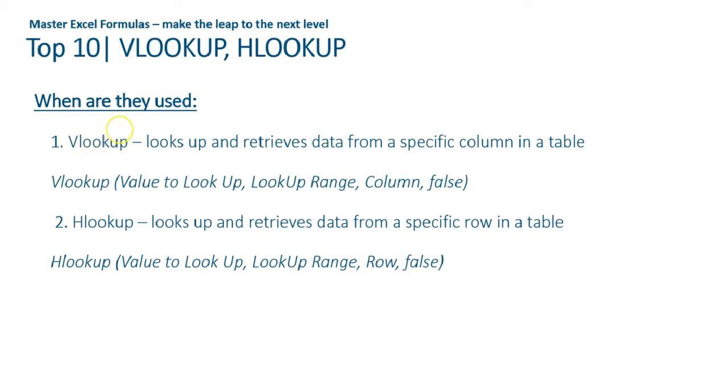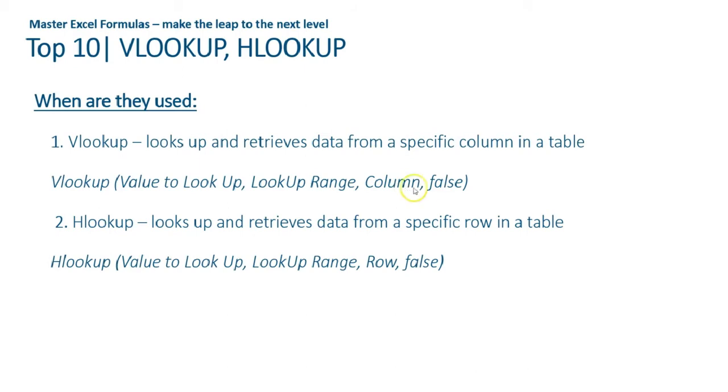What it does is look up and retrieve data from a specific column in a table. What is the structure of the formula? First of all, we need to select the value that needs to be looked up, then the range in which that value needs to be looked up,